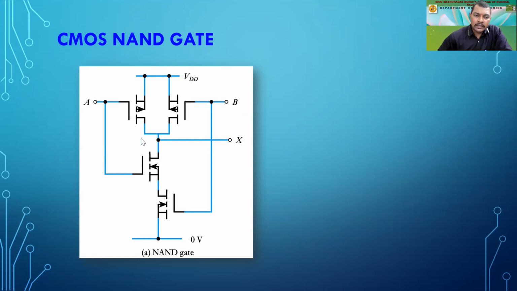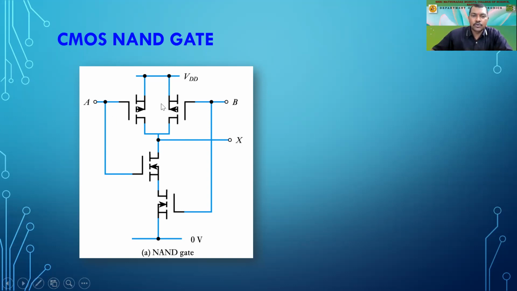Similarly, when both are high, these two transistors which are over here are going to conduct, right? And since they are going to conduct like this, we are using complementary symmetry, no? So we are using this P type, P channel MOSFET, and these are N channel MOSFET. As soon as we are having high over here, automatically both these series transistors are going to work. They are going to be on, and this ground will be connected to this point, that is X. So now this X will be at a lower potential, that is, it will show you 0.